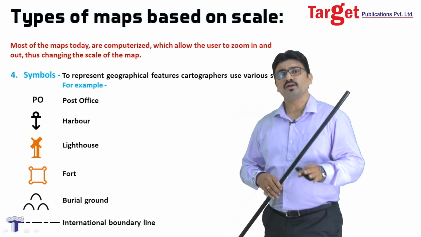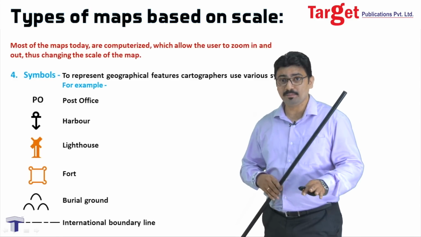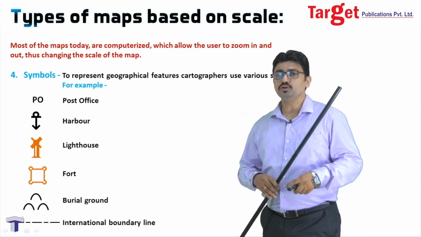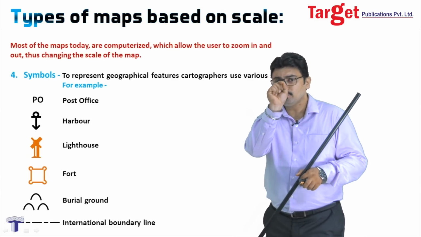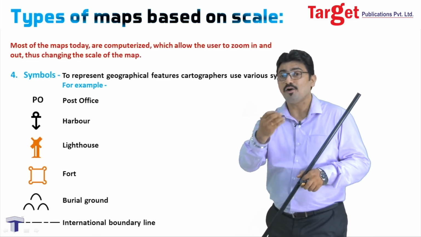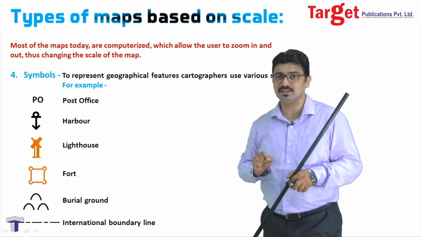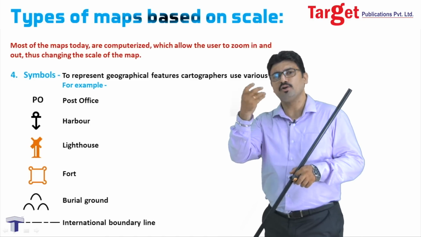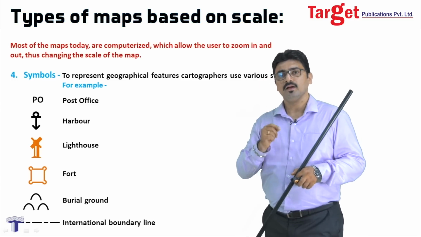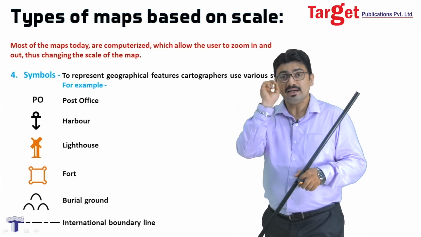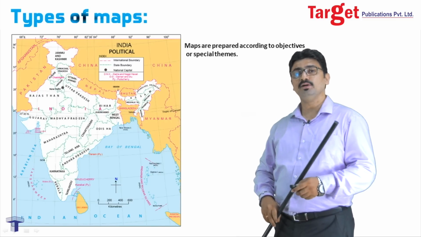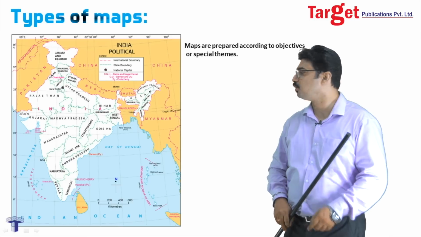For features whose symbols have not been pre-decided, you may use a symbol which is appropriate. For example, to show an airport, you have to draw a small shape of an aeroplane. To show houses or settlements, you will draw a small hut shape. For showing crops, you draw one small crop in the design of a crop. All right, these should be simple symbols, but indicative of that feature only. That's why I said symbol is an important aspect in showing a map.